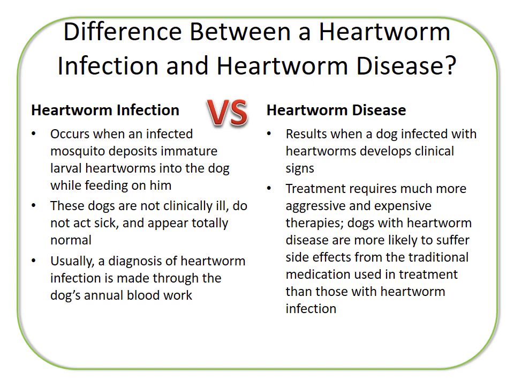What exactly is the difference between a heartworm infection and heartworm disease? Well, the easiest answer is time. A heartworm infection occurs when an infected mosquito deposits immature larvae into your dog during feeding. A dog with a heartworm infection will show no symptoms and is not clinically ill. This is the stage we aim to identify during annual heartworm testing and is the easiest and most successful stage